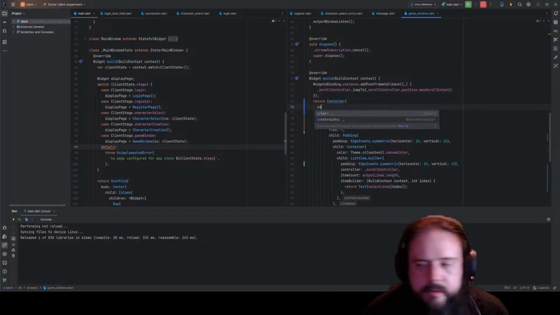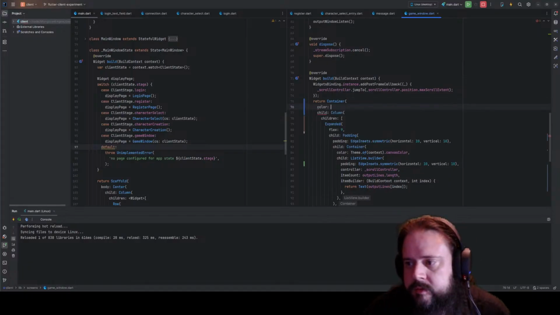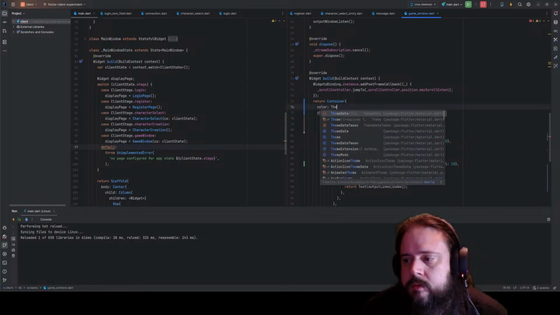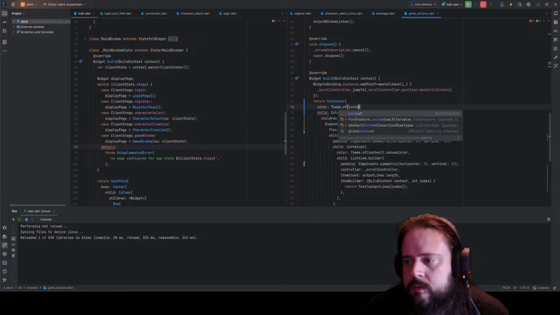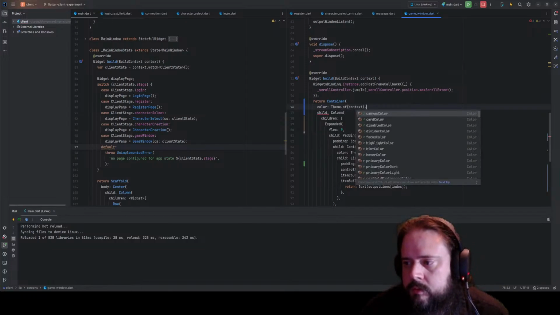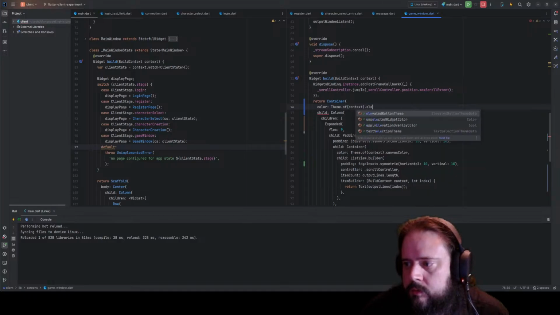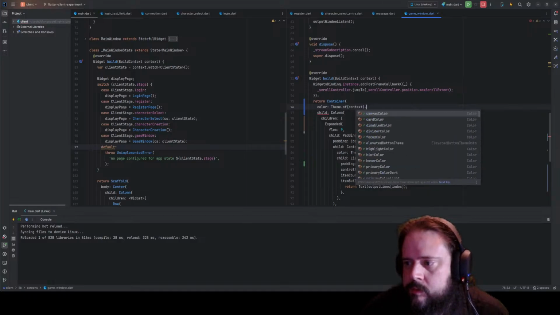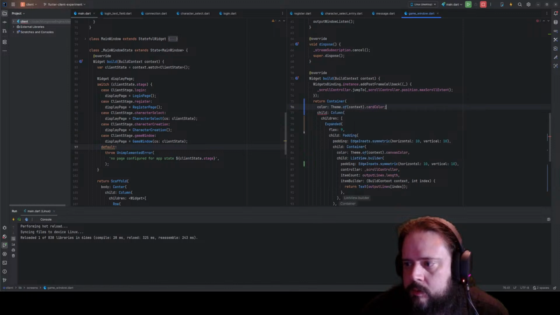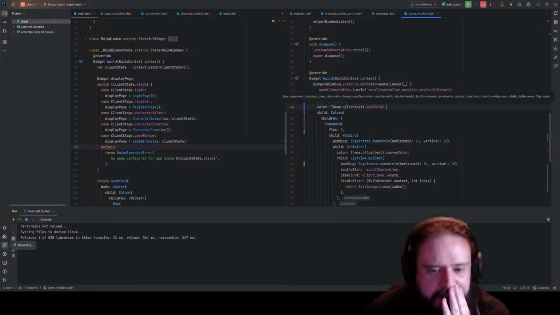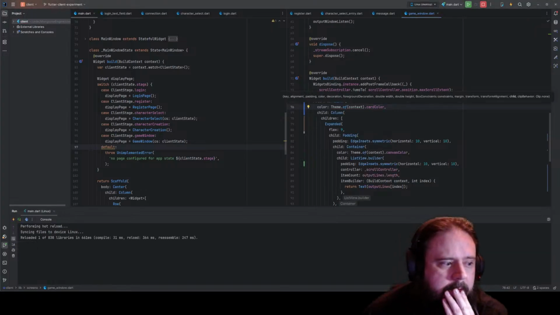And then this needs to be, we can use the card color. Wait, that's what I want. Okay, so that would give me,